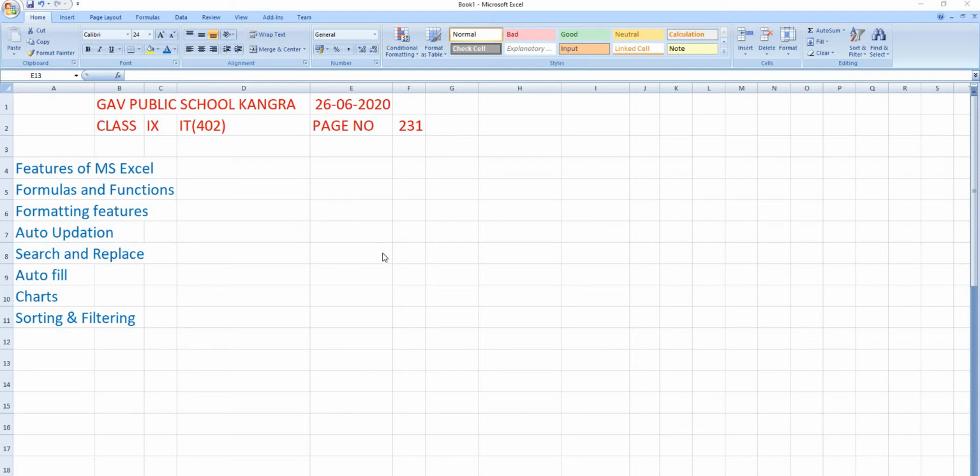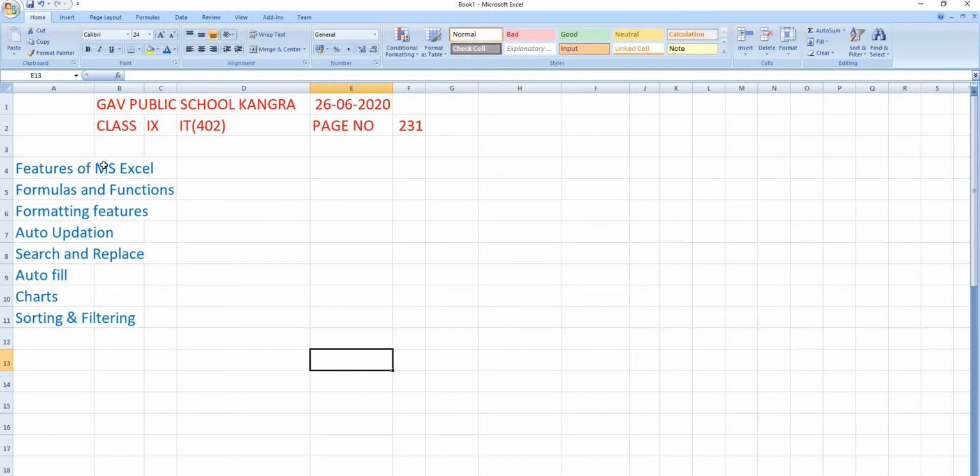First, we will discuss features of MS Excel. What is Excel? Excel is a software which belongs to the spreadsheet category of software. It is a part of the MS Office software package.